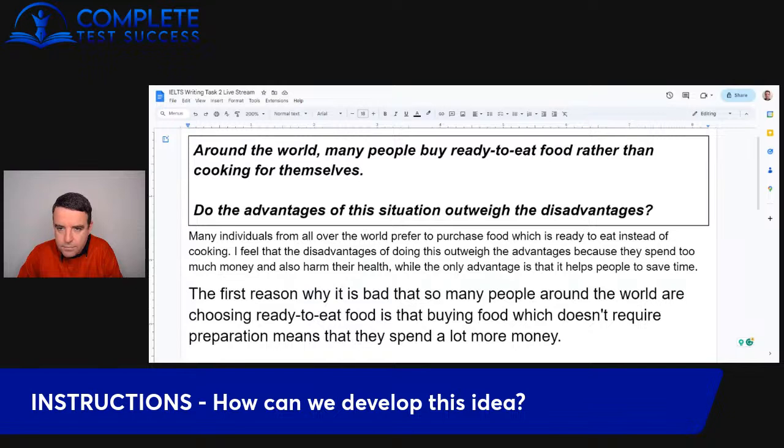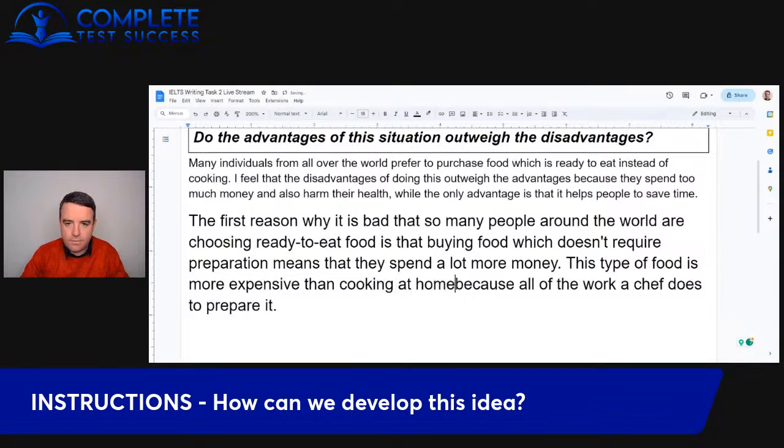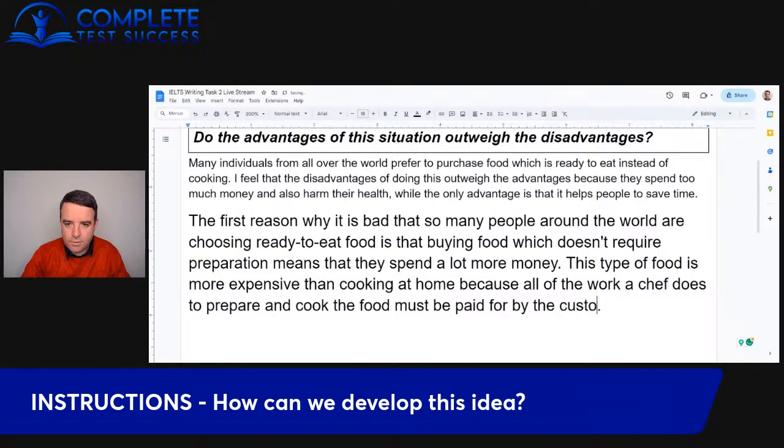Now we're explaining why does it cost more money. This type of food is often more expensive. I'm going to remove often. This type of food is more expensive than cooking at home because all of the work a chef does to prepare and cook the food must be paid for by the customer, whereas only the cost of the ingredients